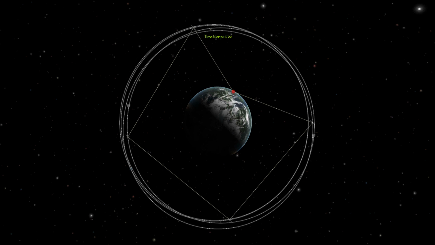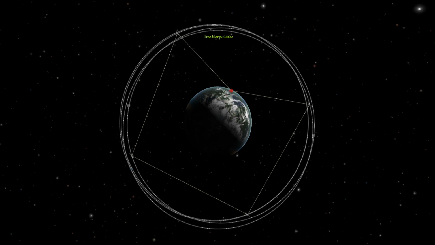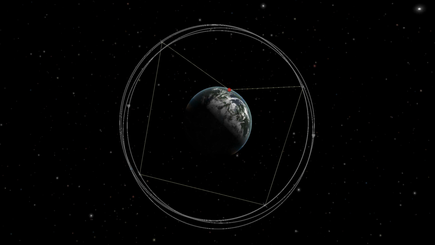We can see if we time warp a little bit, how this kind of rotates, and the shape will change a little bit, and we can run our next